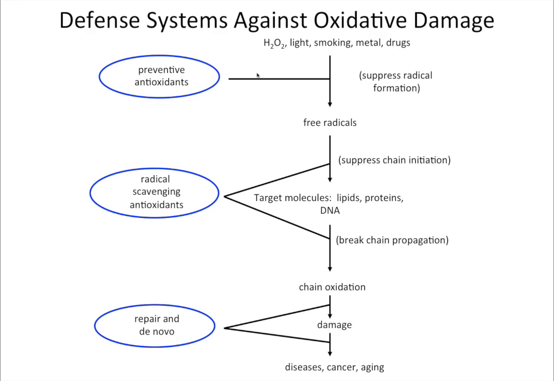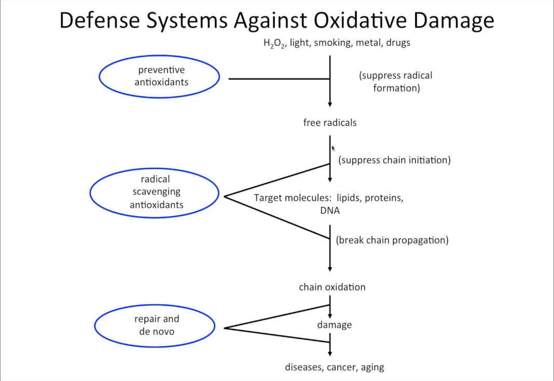We can have several different types of antioxidant strategies that are taking place. We can have preventive antioxidants. These essentially suppress radical formation. If these operate properly, you will not reach the step where you produce free radicals. However, if the preventive antioxidant system becomes overwhelmed, then you will produce free radicals, and then you go to the